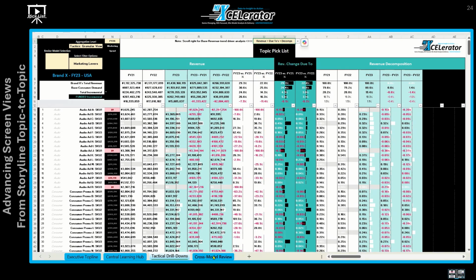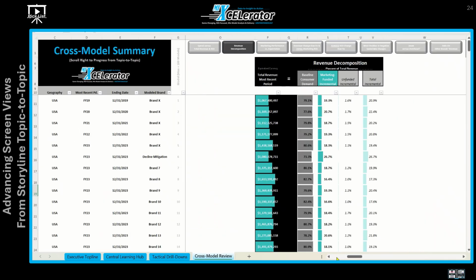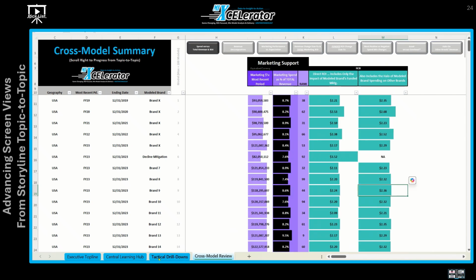Within the cross model review tab, very similar concept to what we actually saw in the Central Learning Hub, except the only difference is, whereas the Central Learning Hub progressed from top to bottom, the cross-model review progresses from left to right. So in this case, we have this bar that you can drag from left to right if you wanted, but